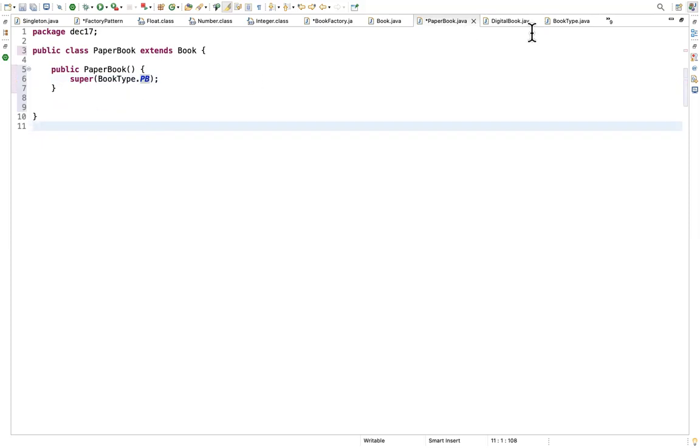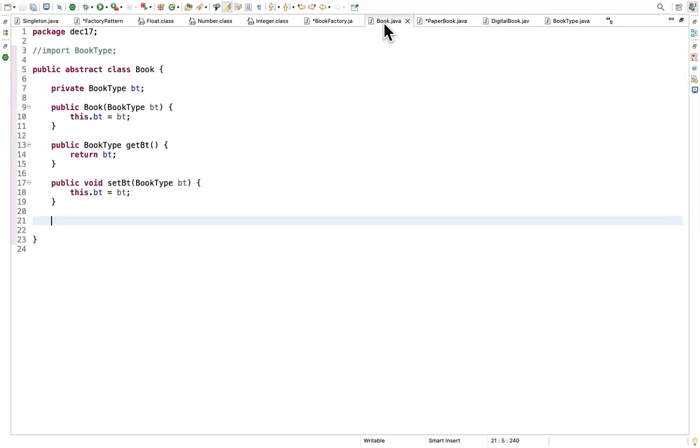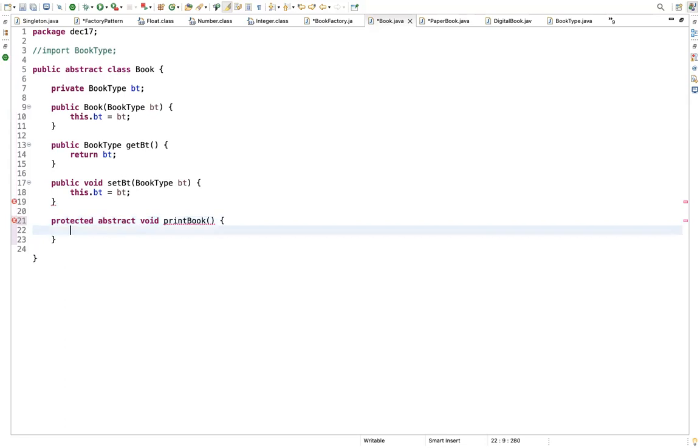Now, within our book class, which is an abstract class, we are going to create one method. Let it be, we haven't used protected yet, so we'll try that now. So have one method with protected. Also use the keyword abstract, void, print book. No, you don't need to give the definition, just declare it, like how you do in your interfaces. Just semicolon it. That's it.